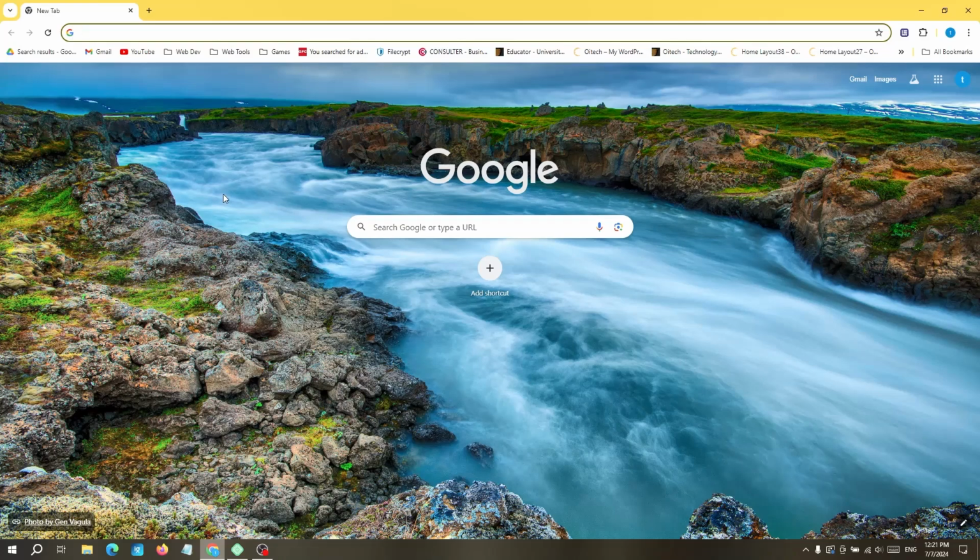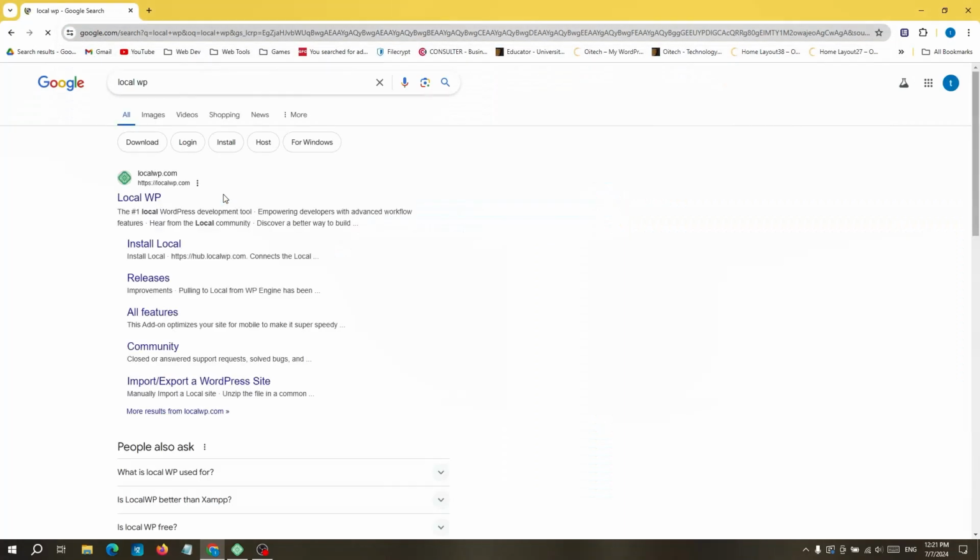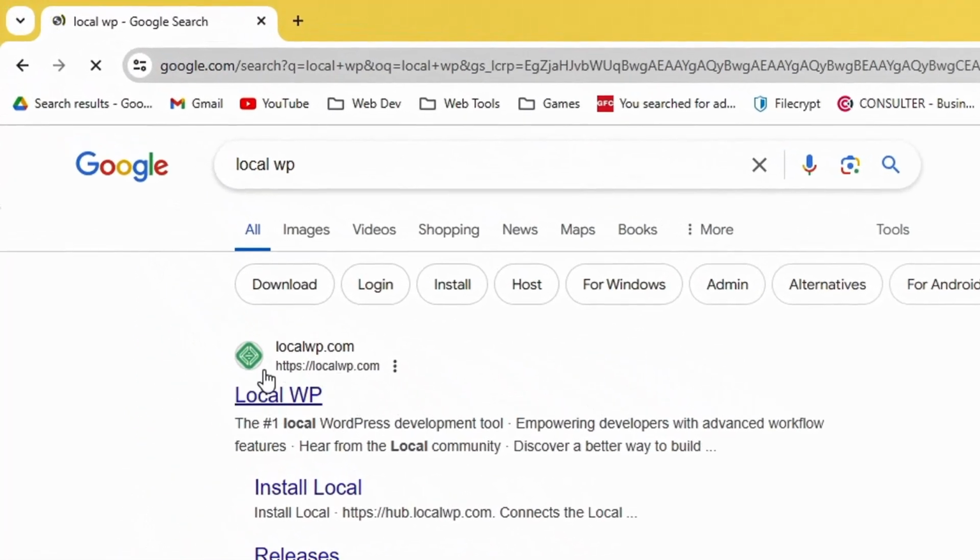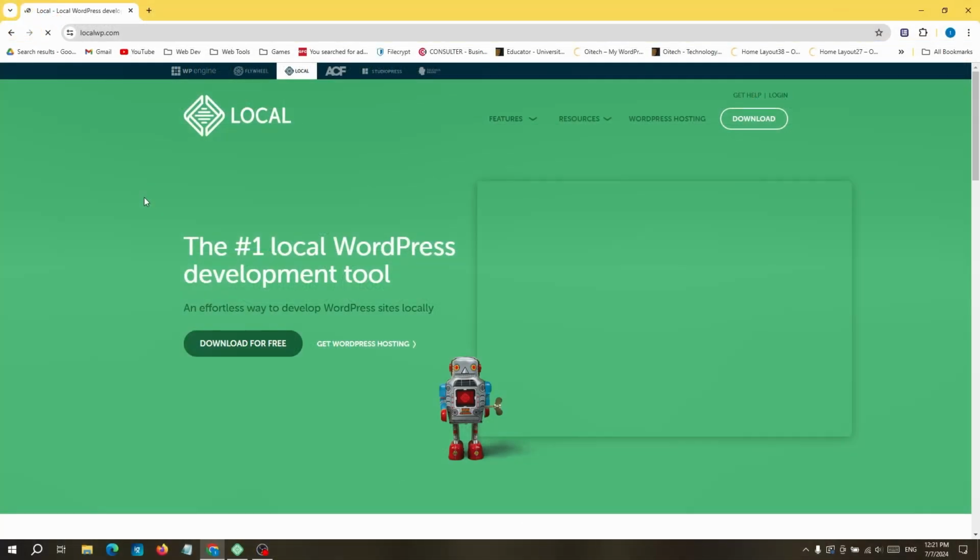So today we are going to talk about WordPress local installation on your PC. First step should be search on Google Local WP, and next you can click on Local WP. Here you can see now my screen in